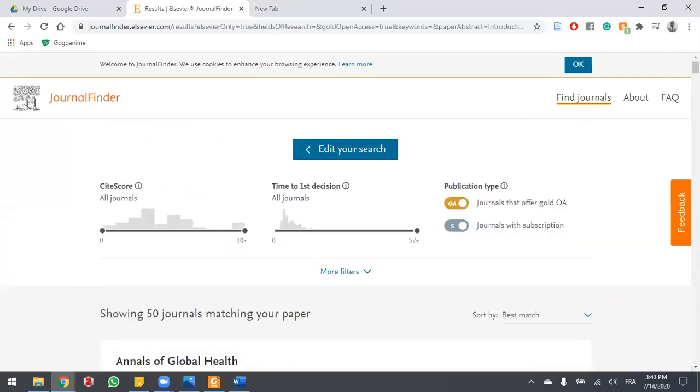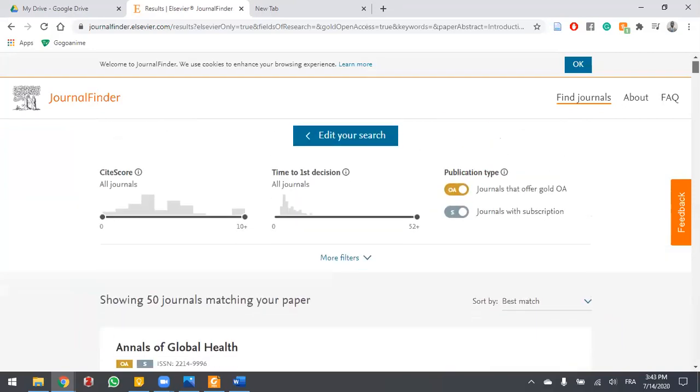So what happens here is we get a list of journals, and you can play with the citations if you want those with big citations, or based on the time to first decision, so those that respond really quickly. I think this should be your first focus, definitely.